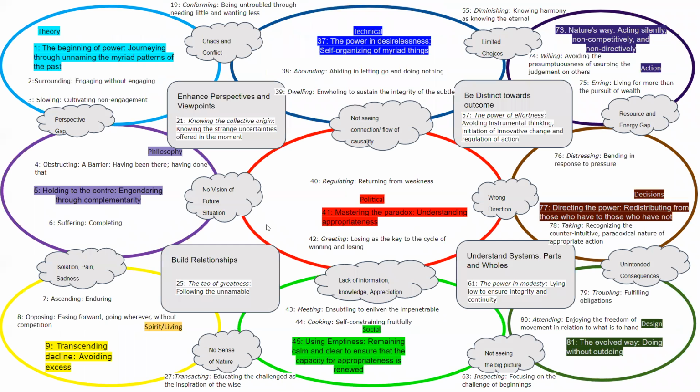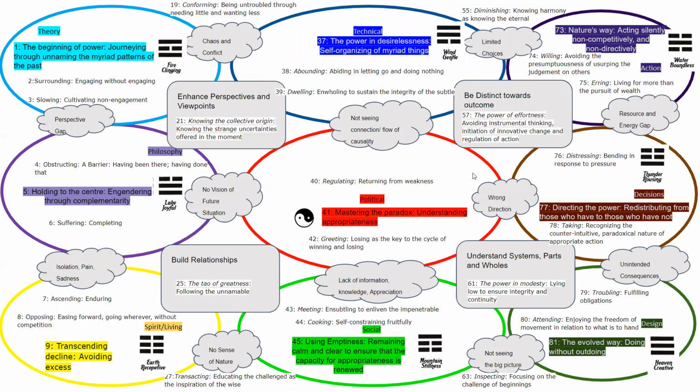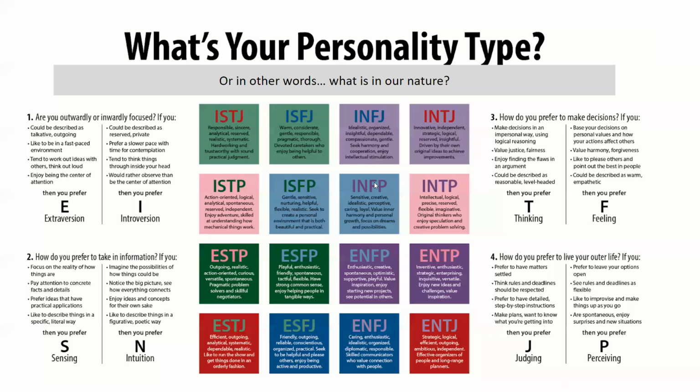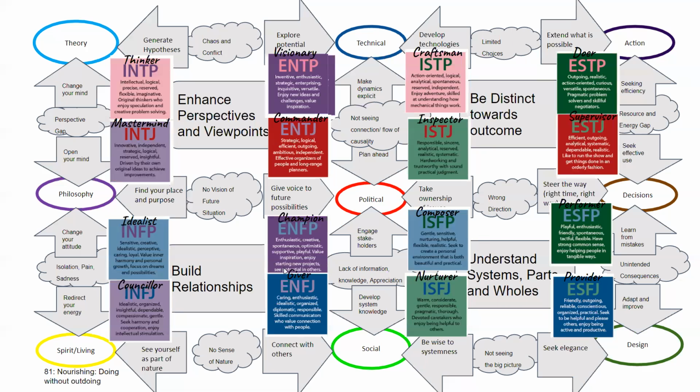And what we're then able to start, and the Tao, the Tao Te Ching, and all sorts of different things can be overlaid. Personality traits can be overlaid onto the framework. So this is how personality traits contribute to these pathways. And the reason why I think we have all of these different character traits is because